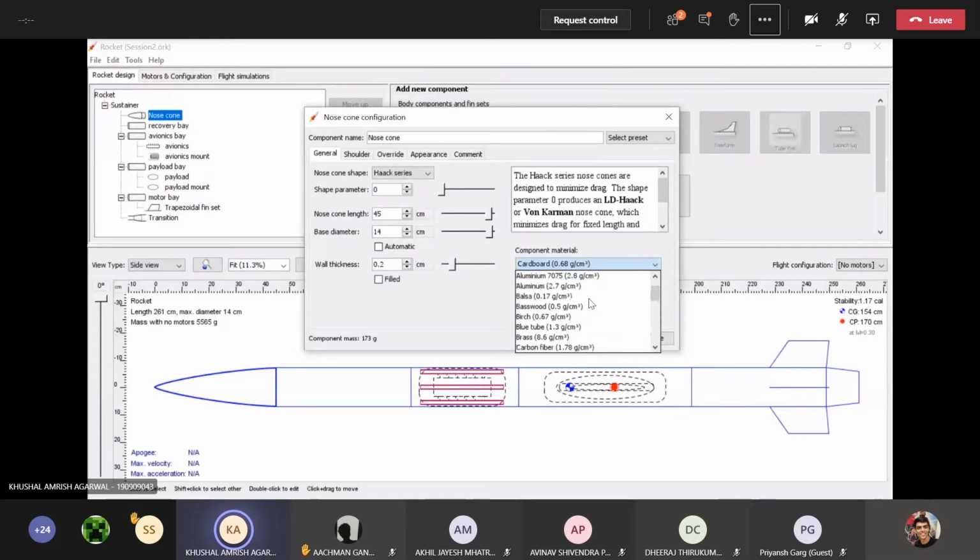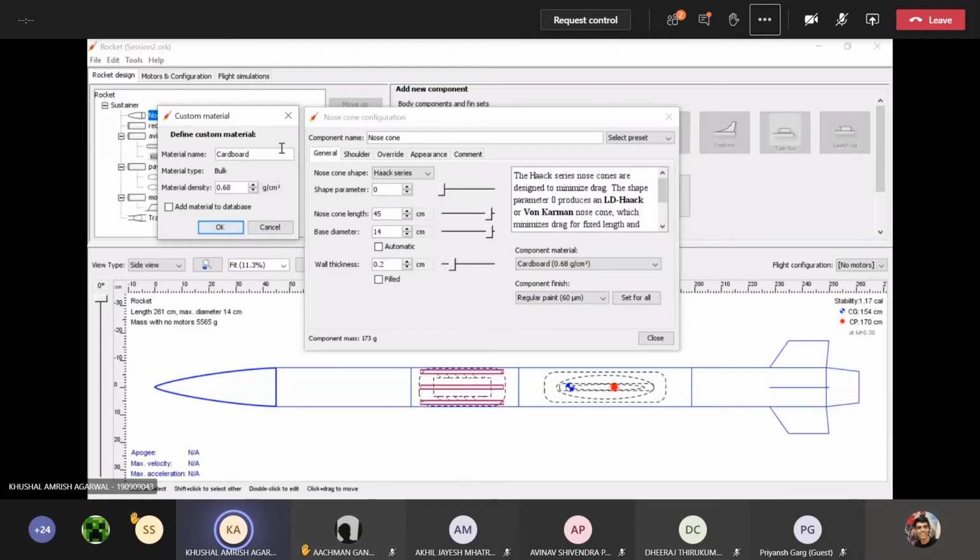Now you can see there are several materials over here. You can use any one of them. Say the fiberglass, it is here. So I'll be using fiberglass, but for the damper, I'll be using WPC, and I can't find WPC over here. So you can make your own materials by clicking on custom, naming it whatever you want, and putting the density of the material as well. And check or uncheck this option to have it saved in the ORK if you wish to.